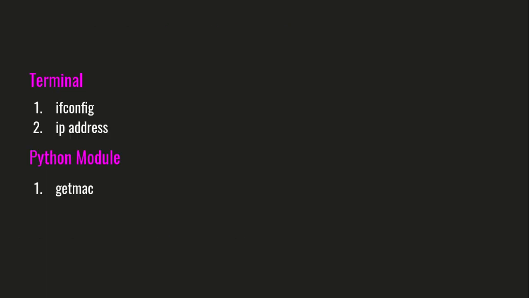The second part of our video is the terminal. These are the same commands that we used in the last session, but we are going to discuss where the MAC address appears and how we can find the difference between the MAC and IP address, along with all the outputs. After that we are going to use the Python module getMAC. With that module we can get the MAC address of any device by providing the interface name, IP address or IPv6 address.